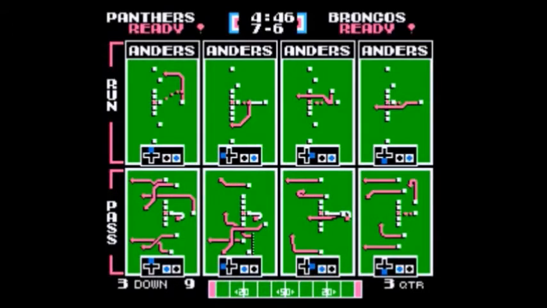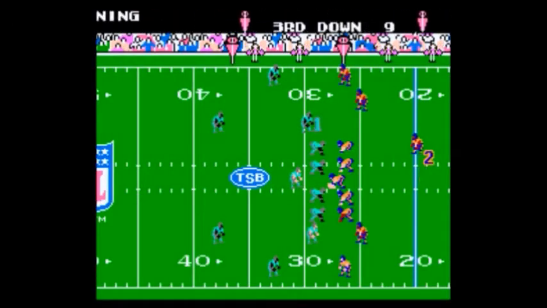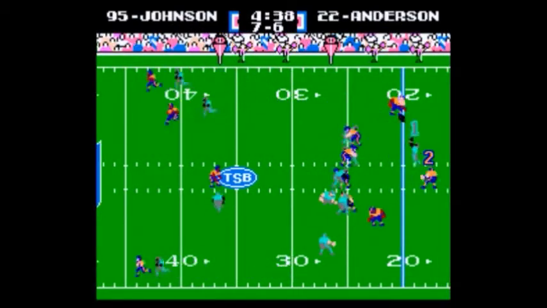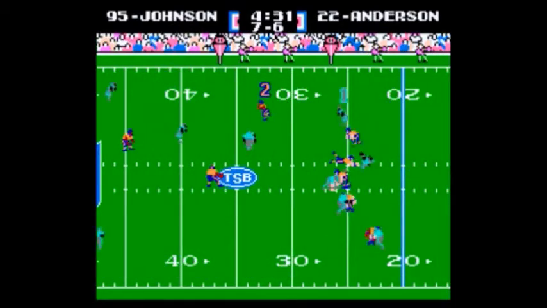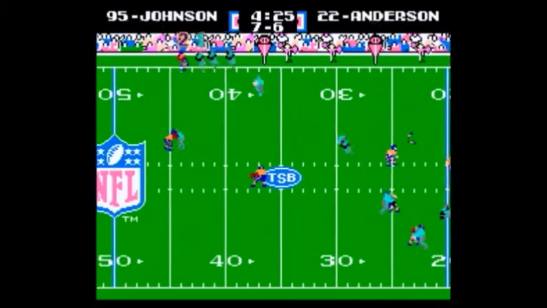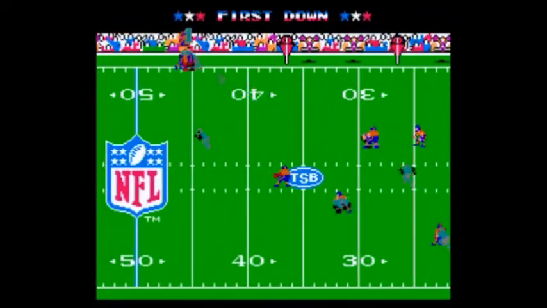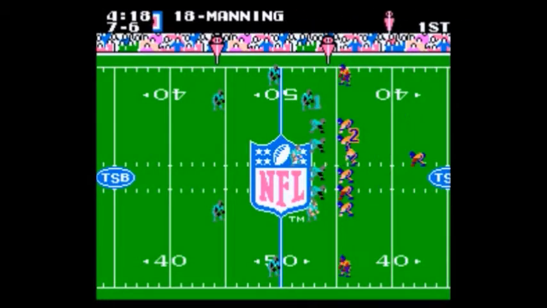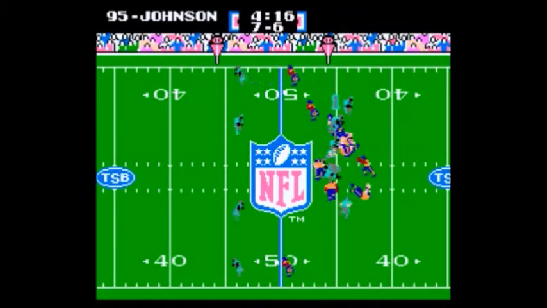Now Manning taking it himself, very ill-advised play. Yep, White Lightning returns. White Lightning said no one ever about Peyton Manning. He's just trying to channel his inner Cam Newton. Maybe he'll be dabbing in the end zone, Bob, if he scores a touchdown. Meanwhile, Anderson gets a nice little screen pass there and turns it into a gain of almost 20, Bob. Absolutely. Anderson having a big game here for the Broncos.